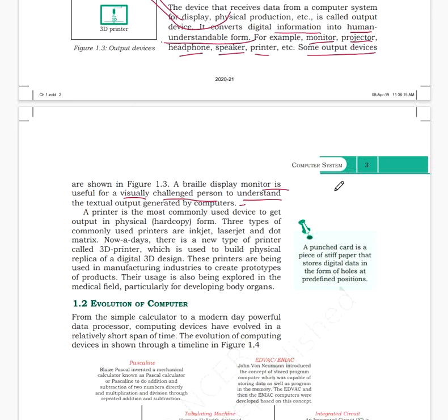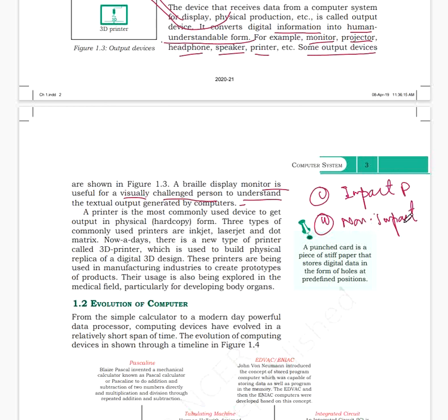Basically, there are two types of printer. One is called the impact printer, and the other is the non-impact printer. Basically, the impact printer prints the characters on the paper by hitting the paper with a writing hammer, the writing head. There is a direct contact between the writing head and the paper, and by hitting the paper, a particular character is typed.